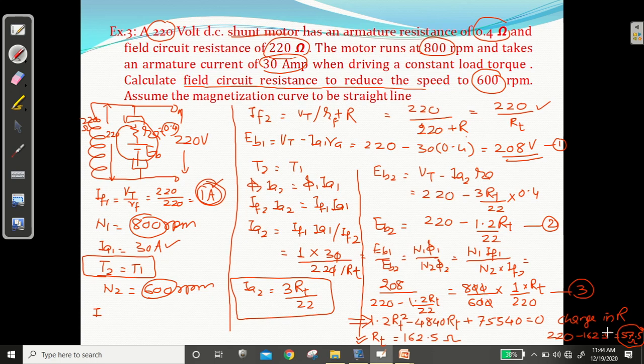Actually what you are going to do, you are reducing the speed. Actually speed बढ़ने चाहिए थी, ये कम हो रही है तो मतलब पहले का जो रेजिस्टेंस है उसको आप कम कर रहे हैं. You are not inserting the resistance, you are reducing it. क्योंकि अदरवाइज अगर इंसर्ट करते तो क्या होता है, फील्ड सर्किट में रेजिस्टेंस इंसर्ट करने के बाद क्या होता है, स्पीड बढ़ने चाहिए थी, यहाँ स्पीड कम हो रही है, तो यू आर रिड्यूसिंग द रेजिस्टेंस. सो व्हाट इज द फाइनल रेजिस्टेंस? यू आर गेटिंग 162.5. क्लियर? एंड रेजिस्टेंस कम हो रहा है, इसका मतलब कितने से कम हो रहा है? 57.5 ओम से. दैट इज द आंसर वी आर गेटिंग.